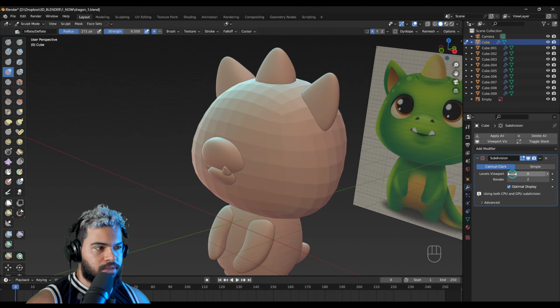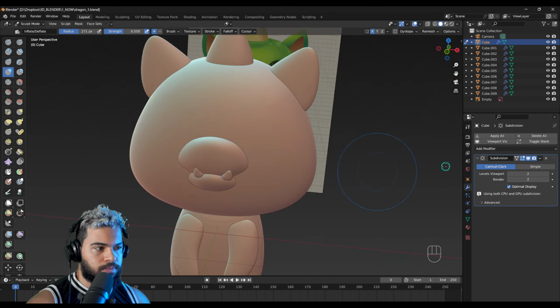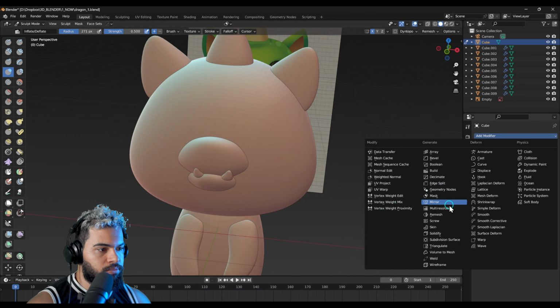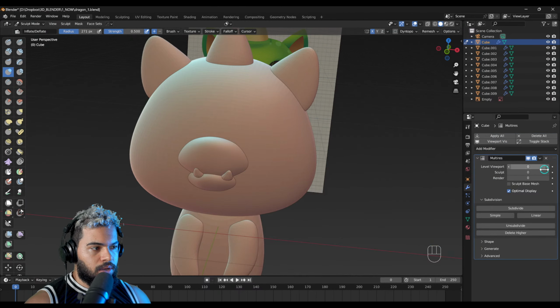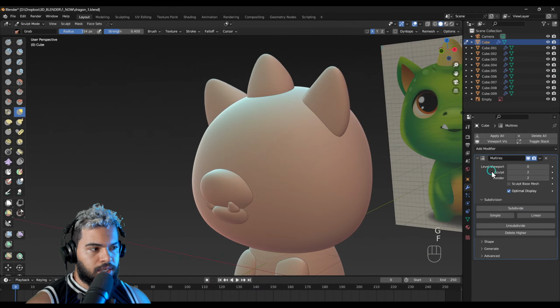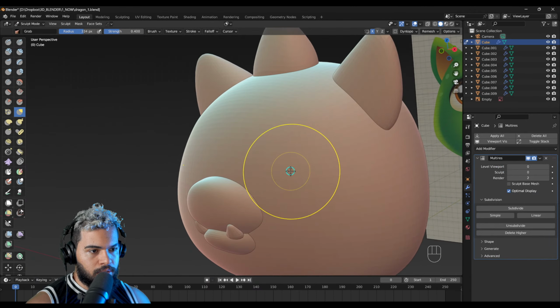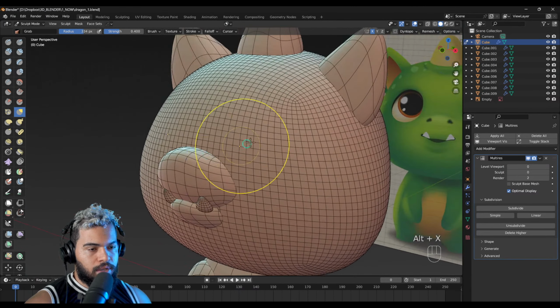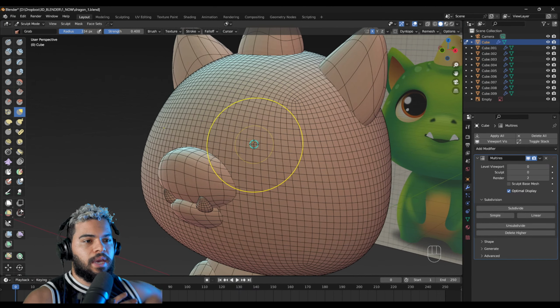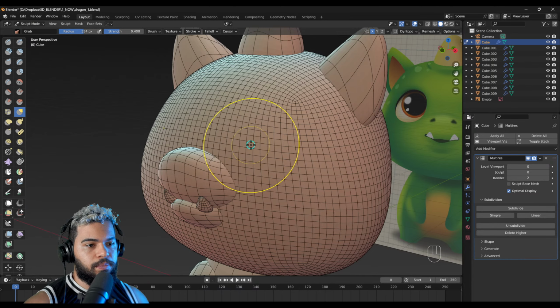Remember, this is in this shape, and then I will start to, let me apply this subdivision, and I will apply now the multi-resolution and subdivide this 2 times. The multi-resolution is good because you can keep the kind of low poly. Oh, let me show you. It's not a very low poly at this stage, all right? Because I'm adding more polygons, because to be able to add